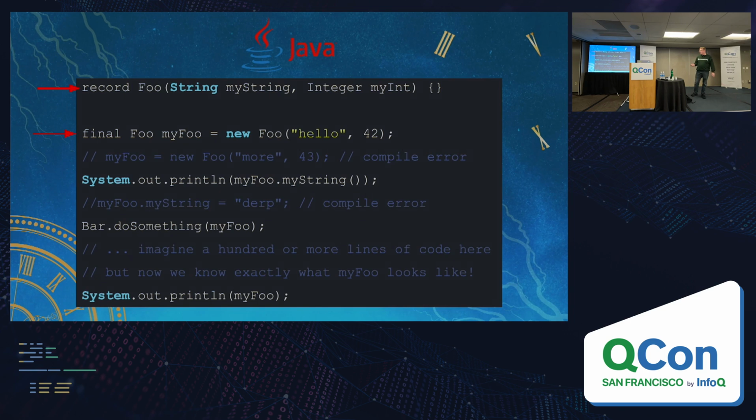Also, if there's 100 lines of code here, I know that they can't have modified it. So I no longer have to spend any time thinking about the state that might have changed in between these lines of code. And when I get down here to this print statement, I know exactly what it's going to print. And that means I can just move on with my changes that I want to make to the code without getting distracted by having to page all of the rest of this application into my brain and think about it.